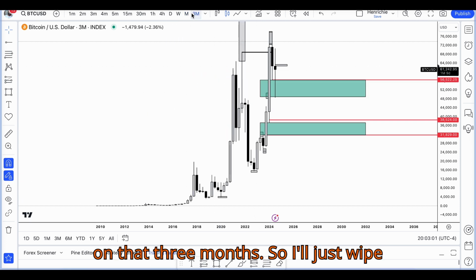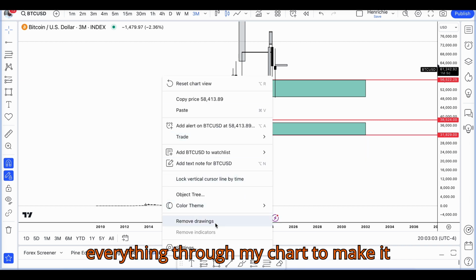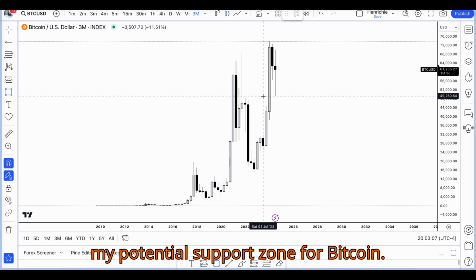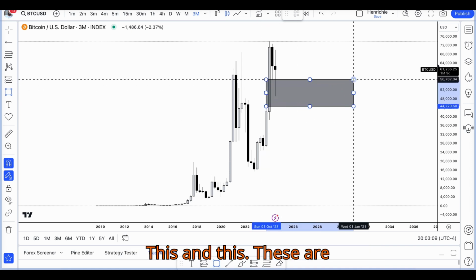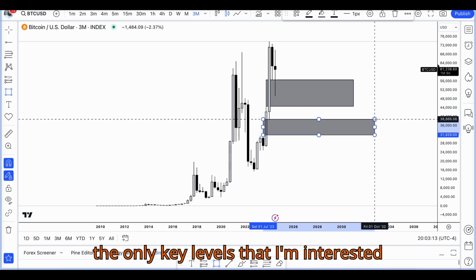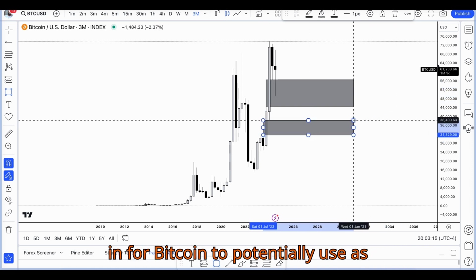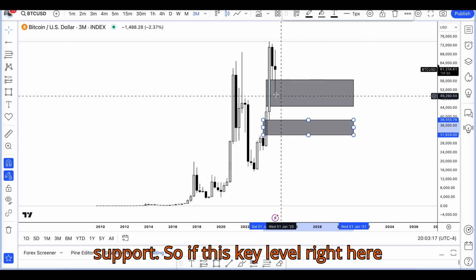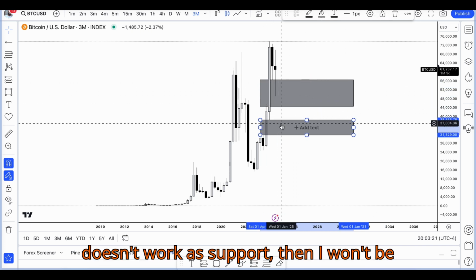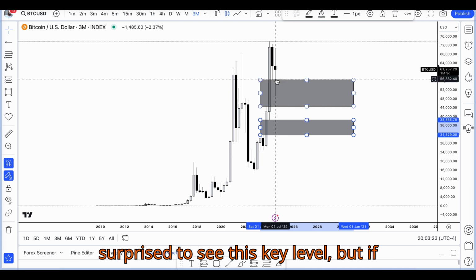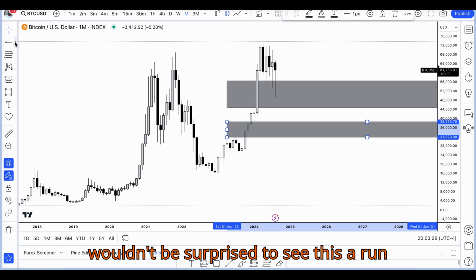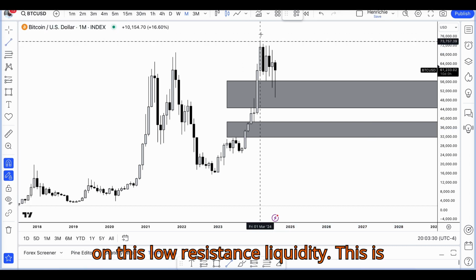So let's look at it on 30 months. I'll just wipe everything on my chart to make it really easy. So this right here is my potential support zone for Bitcoin. This and this. These are the only key levels that I'm interested in for Bitcoin to potentially use as support. So if this key level right here doesn't work as support, then I won't be surprised to see this key level. But if this key level works as support, I wouldn't be surprised to see a run on this